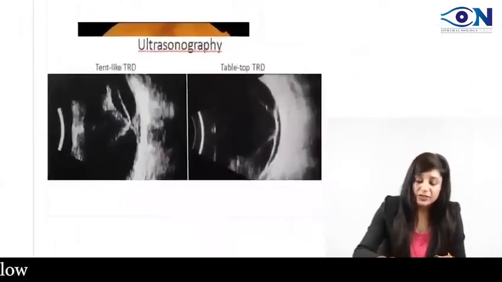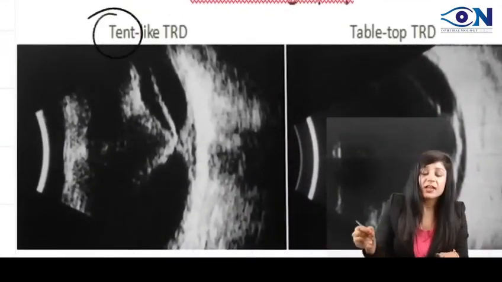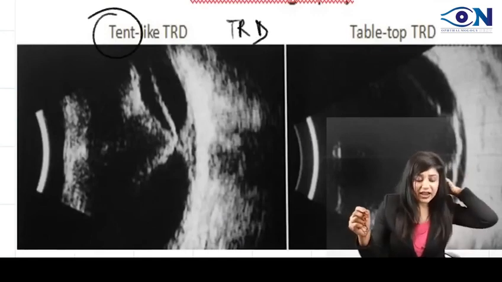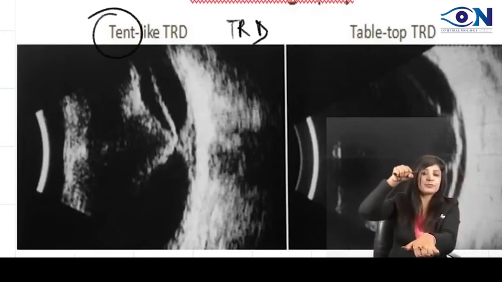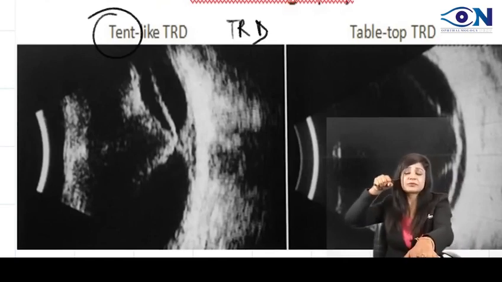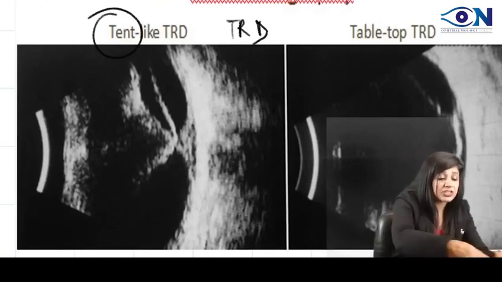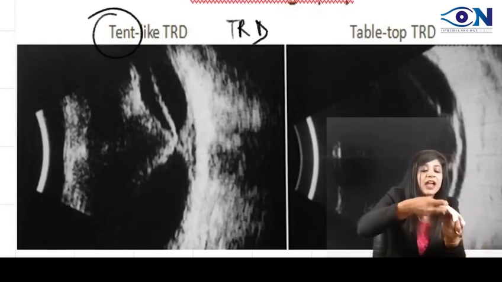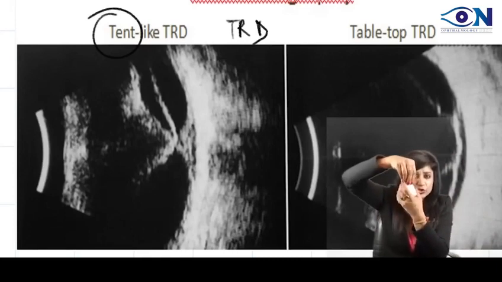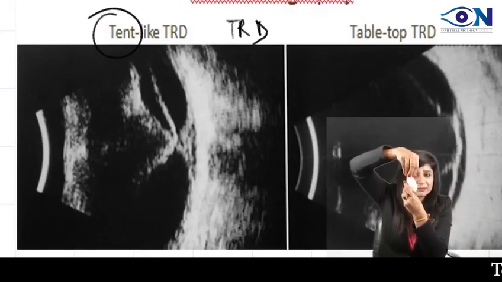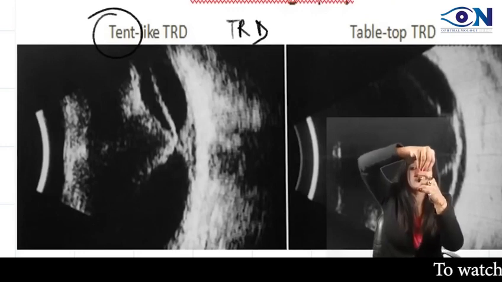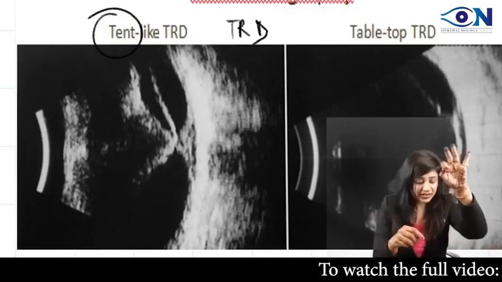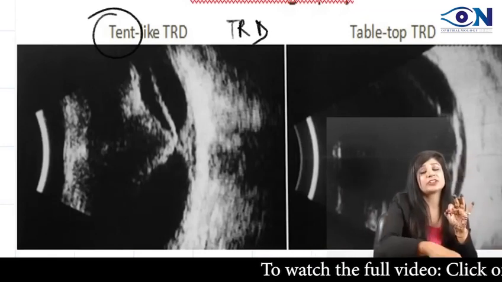While the third one is the tent. What is happening with the tent? This RD is called a TRD. TRD means tractional RD. Traction means pull. So you are pulling the retina towards the vitreous cavity. Now whenever we pull something, how will it be done? See, whenever I am pulling something, it is something like this. So you cannot pull in a concave manner. It is something like this. So a tent is formed. Therefore, this is also called a tent shape RD. So one is funnel shaped RD, one is convex RD, and one is the concave RD, or the tent shape RD.